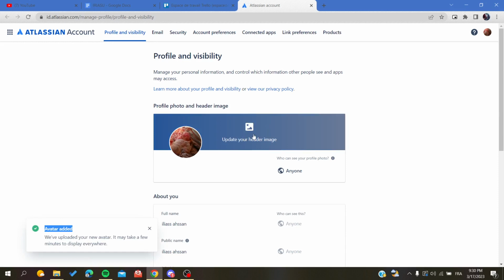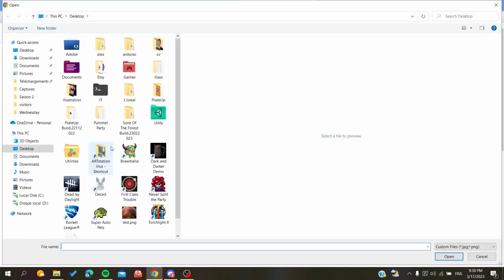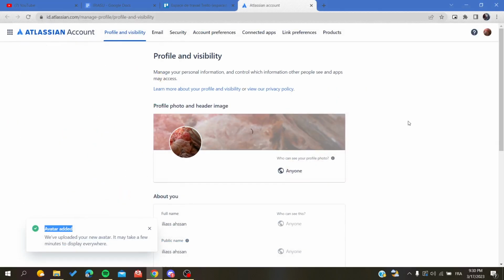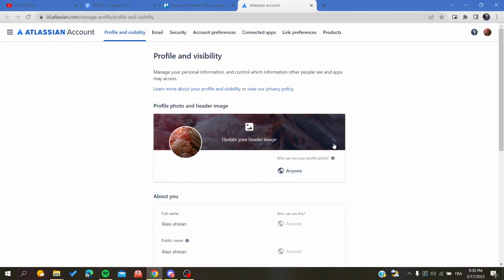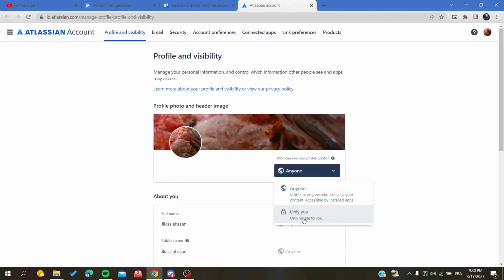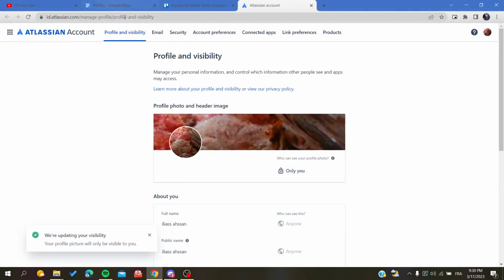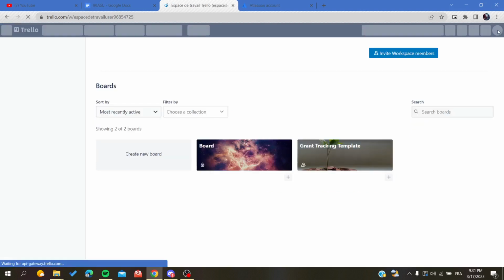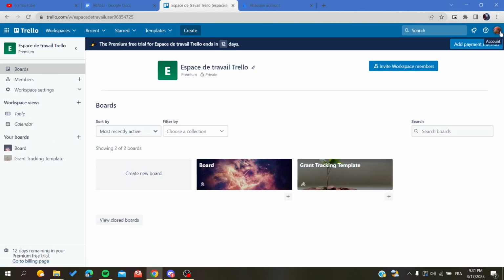avatar added, and also you can add some header image or cover for your account. And I'm just going to use the same image as an example, and also you can change other things in your account if you want, or make it just visible for me, and then you will go back to your workspace and Trello and just reload the page,